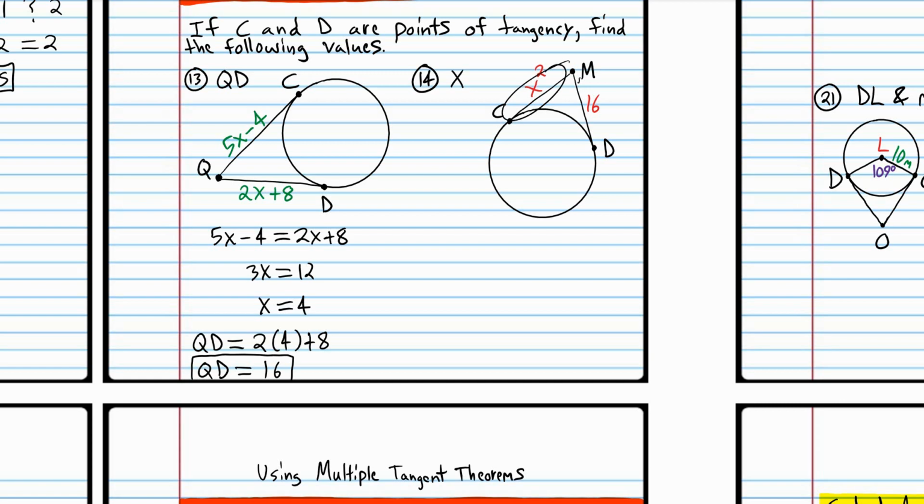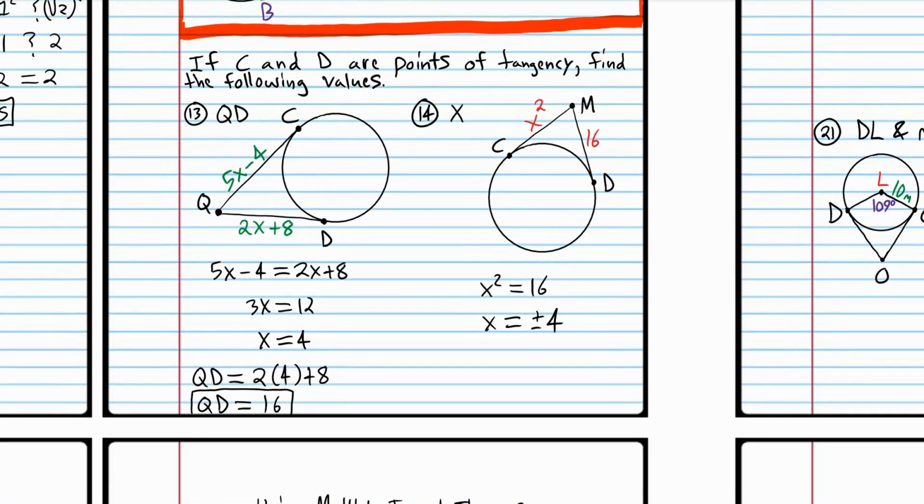Same thing with this one. We know that this segment length is equal to this segment length. So x squared is equal to 16. We square root both sides, and we get x is equal to plus or minus 4. Now this is going to be something that is a little confusing for students. Remember how we said that